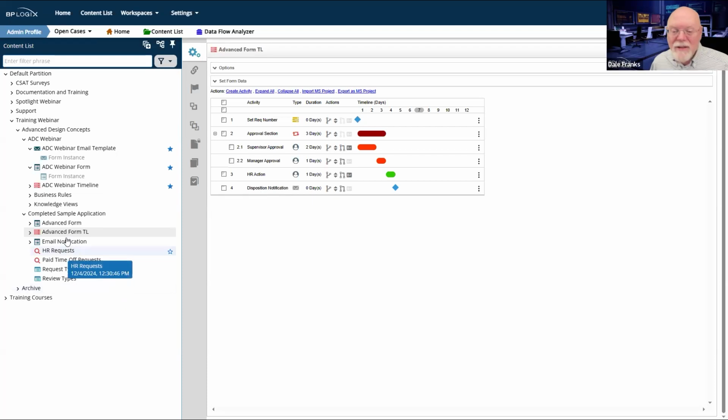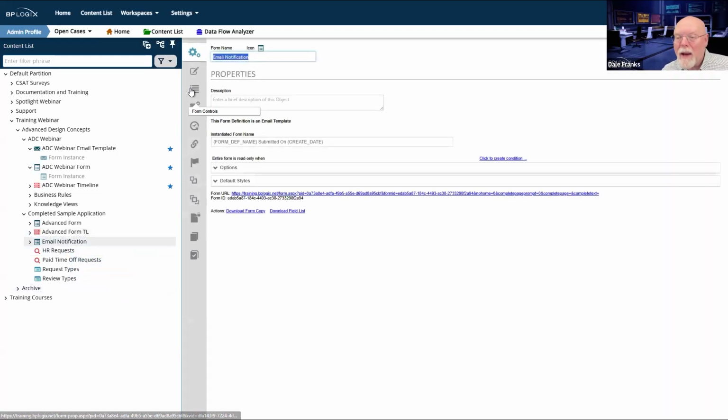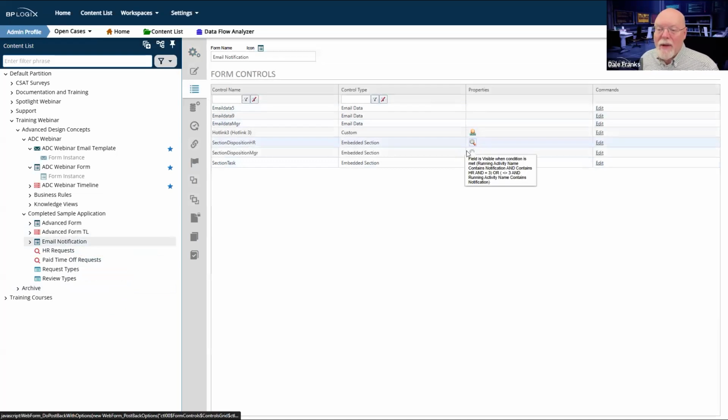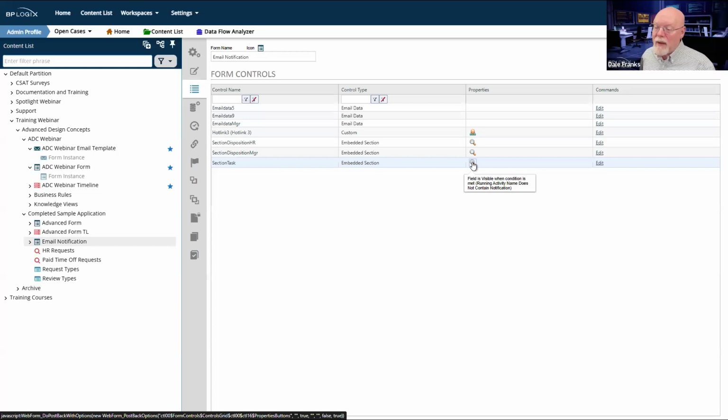So since that's the only activity in my email template, let's go back and I guess we will go to the form controls tab to look at our sections. This very first section, which is section task, the field is visible when the running activity name does not contain notification.